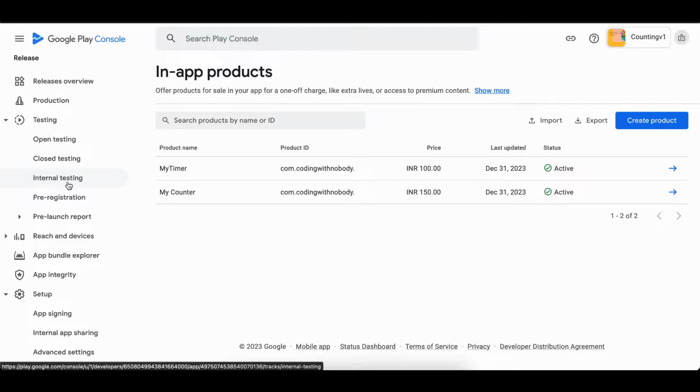Also, one more thing is that once you add your apk to internal testing and submit it, you also have to create a bunch of testers. So if I go to internal testing,